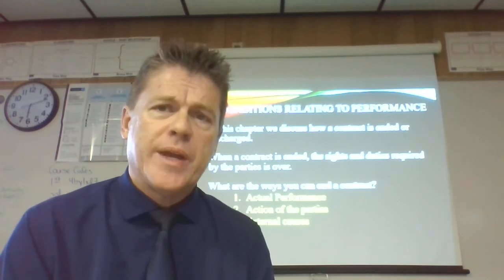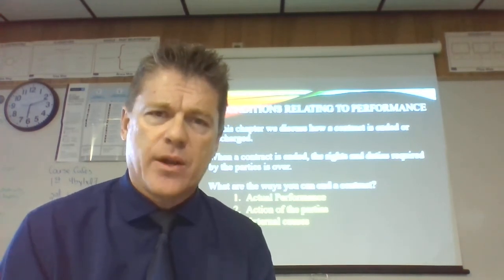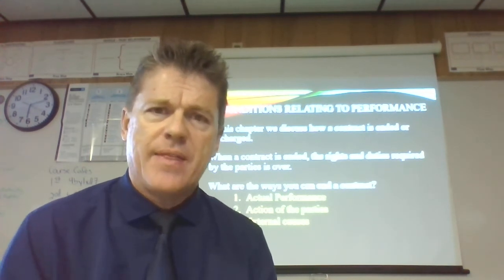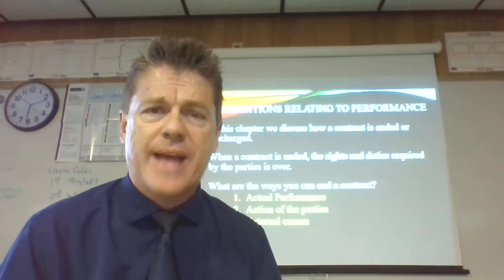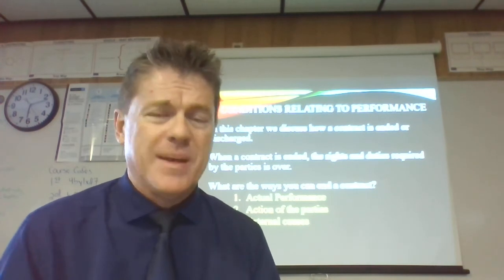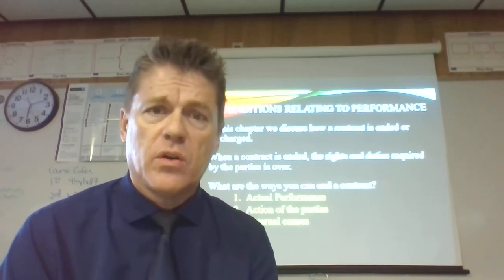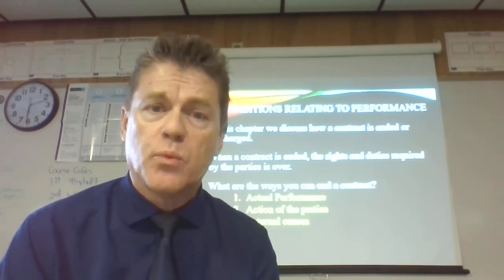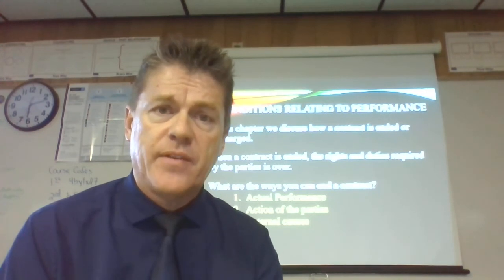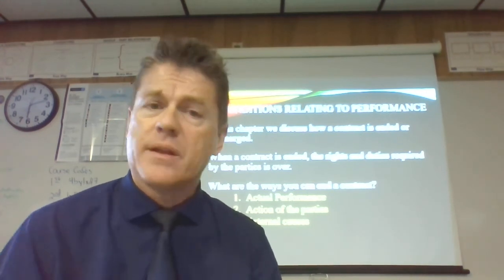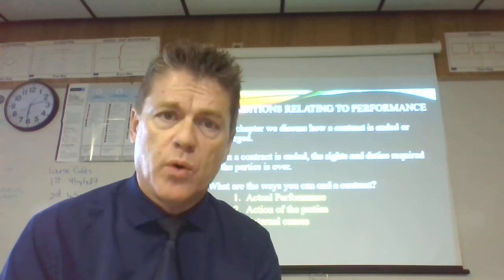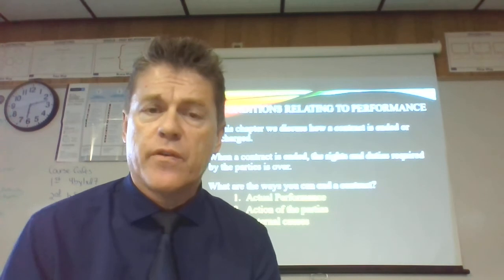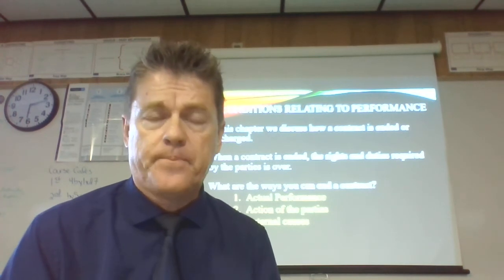The ways in which you can end a contract, so there's three broad categories. The first category is a combination of different variables that are just labeled collectively as actual performance. The best example there is, let's say you get a car loan for, let's say, 5 years, and for every month for 5 years you make the required payments. At the end of the 5 years you make your final payment. At that point the contract is terminated. You now own your vehicle outright. The title gets mailed to you, and there's no further payments that have to be made at that point.